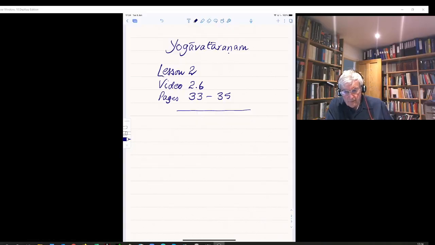So starting now on page 33, the section on how to approach a verse. I'll go through it with you, though I don't necessarily endorse everything that's said in the first paragraph. We all have our own learning styles, and you'll find the learning style that suits you best. This is reading a verse is like solving a puzzle. Well, yes, that certainly resonates with my early days of learning Sanskrit, and indeed even sometimes the later years of